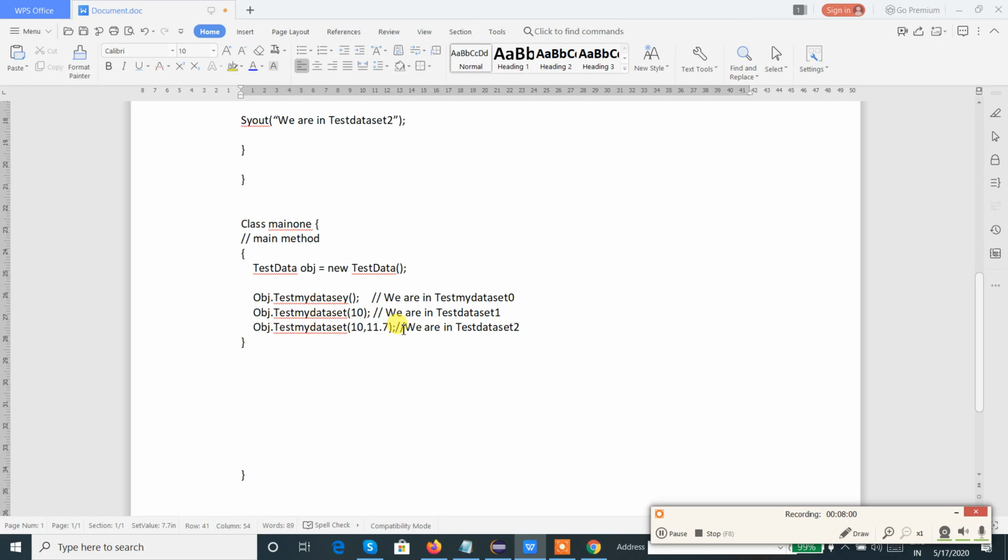So this is what is known as method overloading or polymorphism, where we keep the method name the same and pass different parameters to differentiate between the definitions available in the same class. So let us get into Eclipse to understand it better.